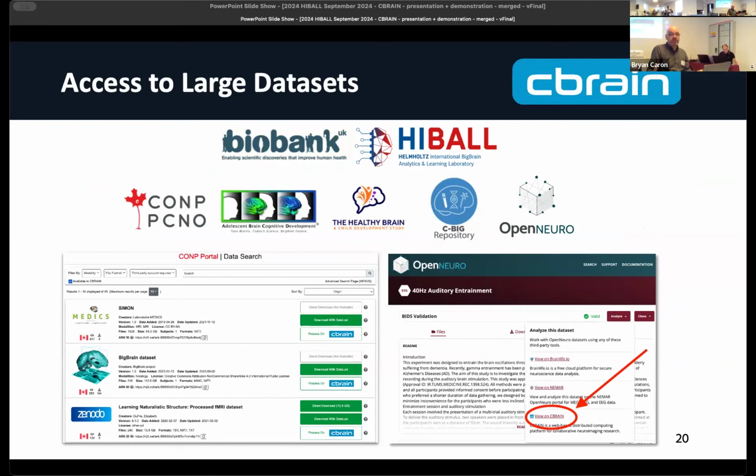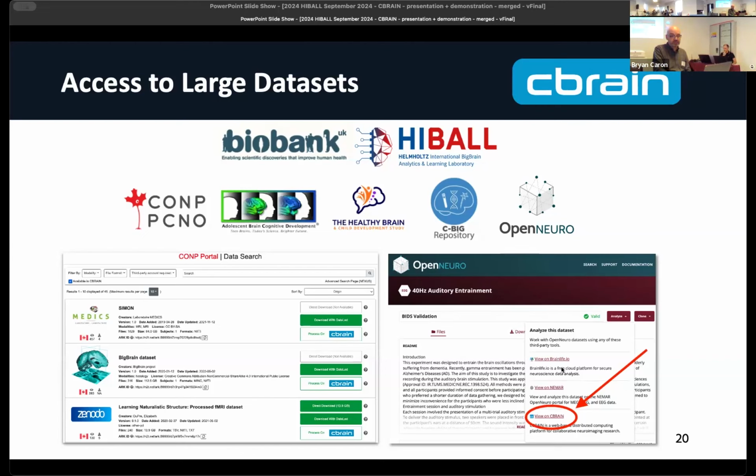We also make it a common and easy place for people to work with more project-specific data, such as HBCD and ABCD, rather than each group downloading it a single time for themselves and having duplications of that data. We provide it in one common location, which all projects, or all participants in the research, can access. And that also applies to things like the OpenNeuro data sets.